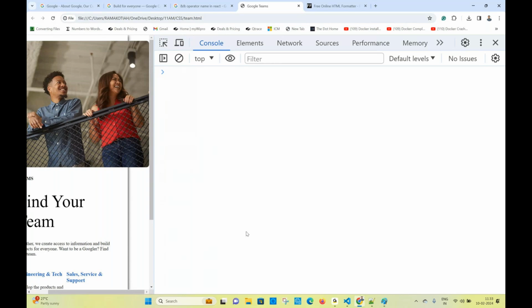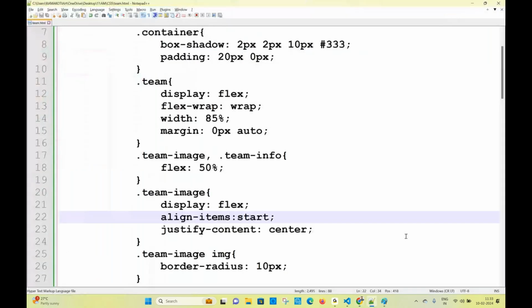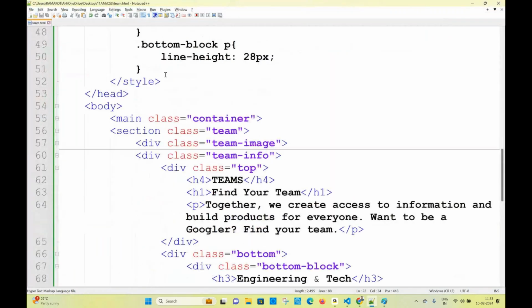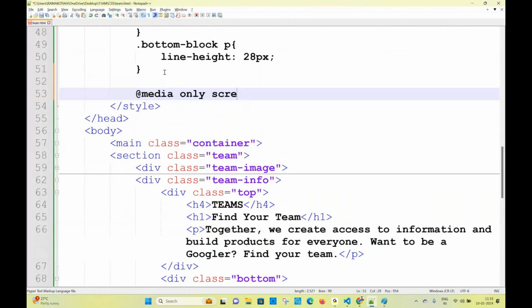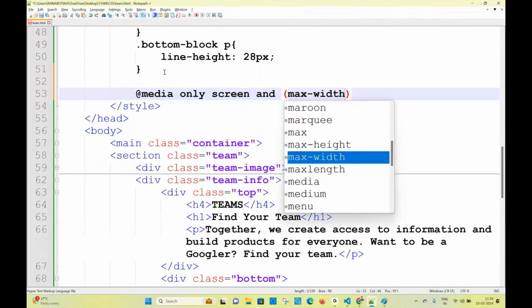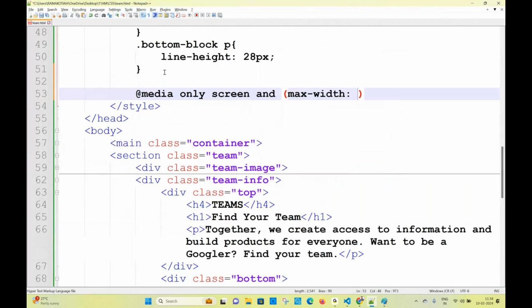In the small resolution, can you write the media query? Let us write the media query. What is the media query we are going to write here? At the rate media only screen and feature max width. What is the max width? 576, 576 pixels, 576 px. So in this context, what I want to do,